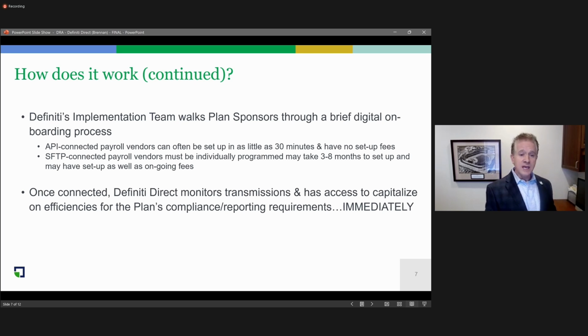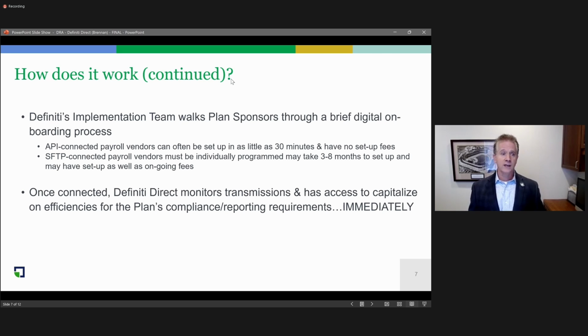The SFTP connected payroll vendors, that's the process that we typically see with some integrated programs through other record keepers and TPAs and payroll vendors. Depending upon the connected payroll vendor, that can take between 3 to 8 months for programming purposes, because that needs to go through their IT prioritization process. Those processes may also have individual setup as well as ongoing fees.